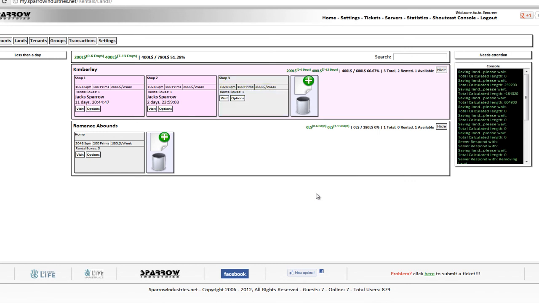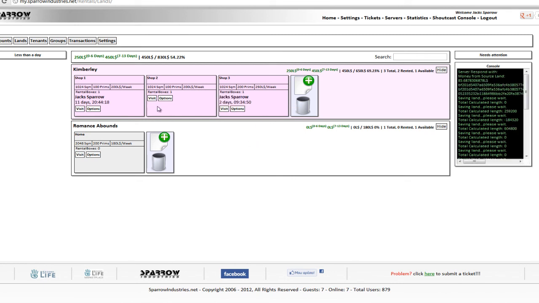Okay, and you want to move a tenant from shop 2 to shop 3. What you do is simply hold down your control key and drag the tenant. You will see under this rectangle is in red and shows the word tenant, and drop it onto shop 3,